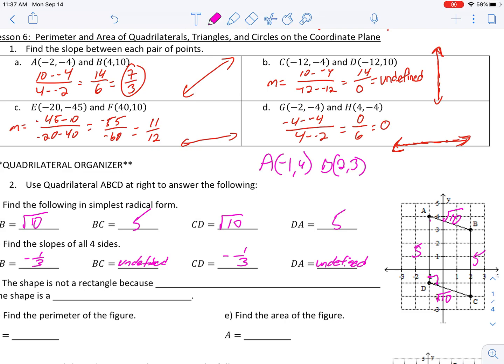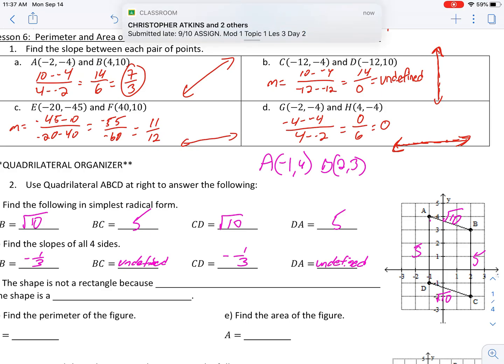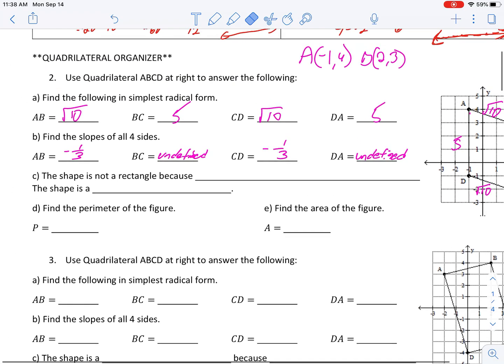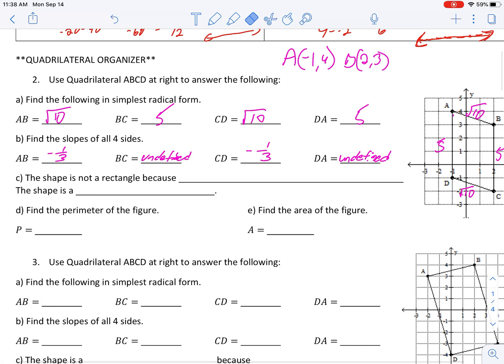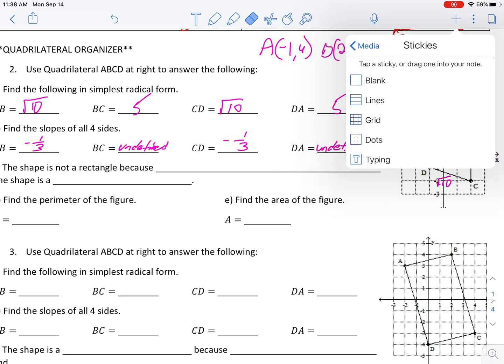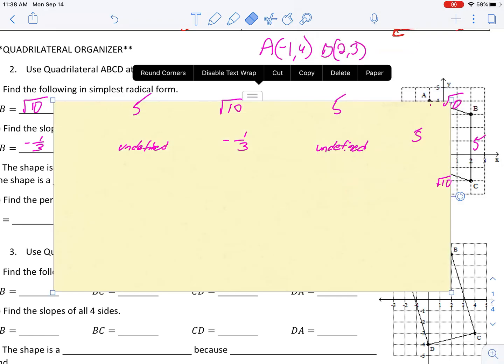right angle. Now the question is, besides just looking at it, how do I know it's not a right angle? All right, this all goes back to then, what do you guys remember about slopes and this idea of opposite reciprocals and this idea of slopes being the same, okay? All right, opposite reciprocals. I'm gonna pause, I'm gonna throw in a sticky here